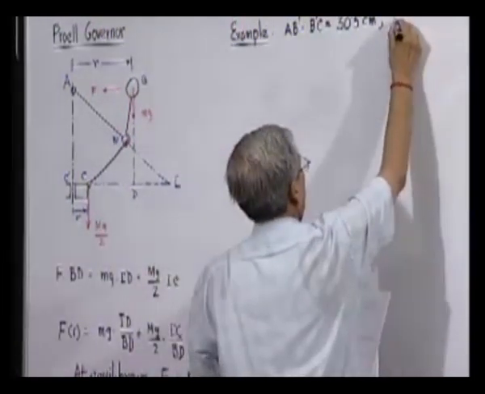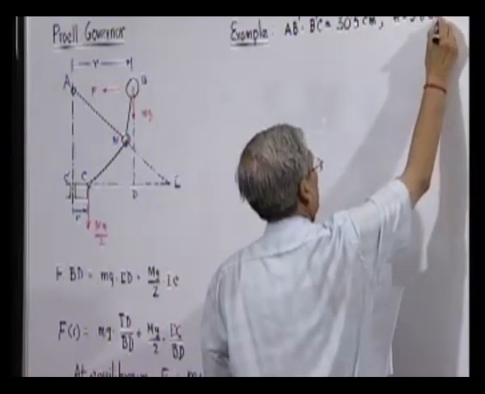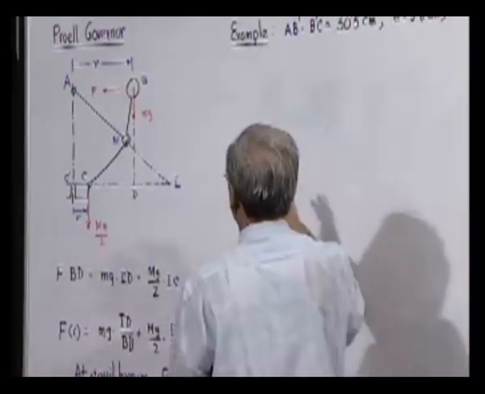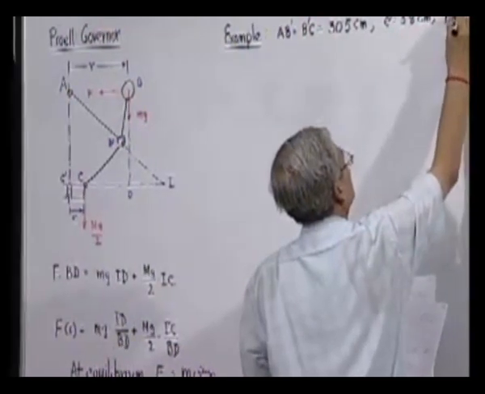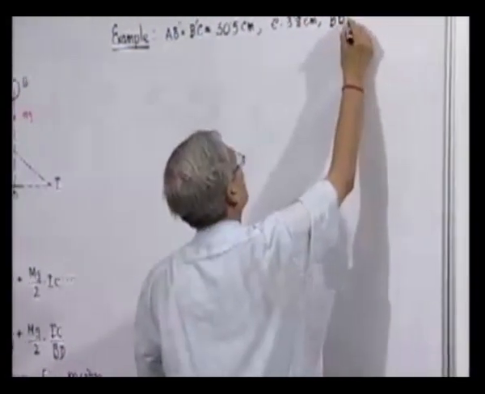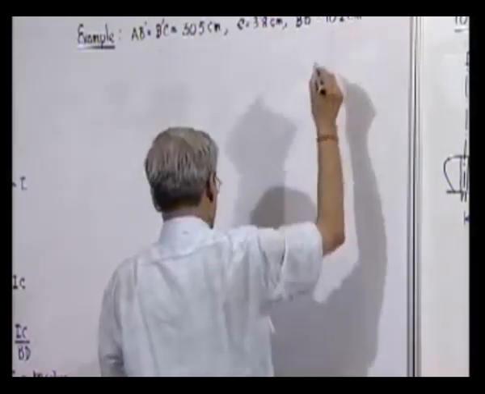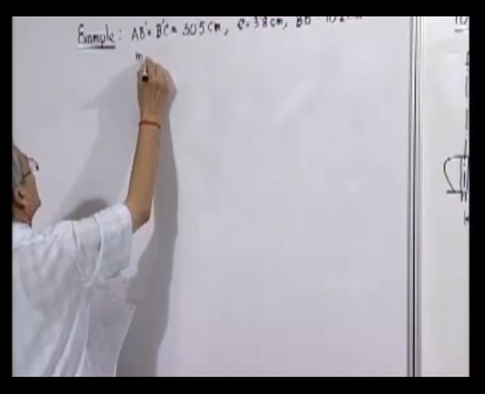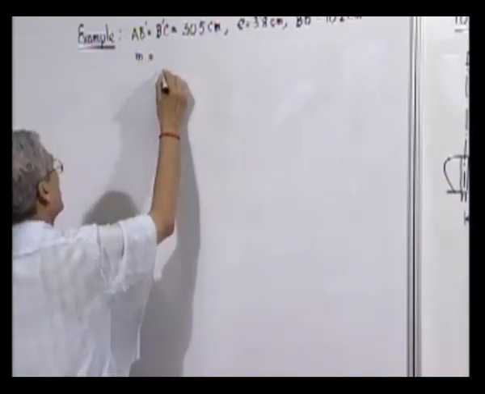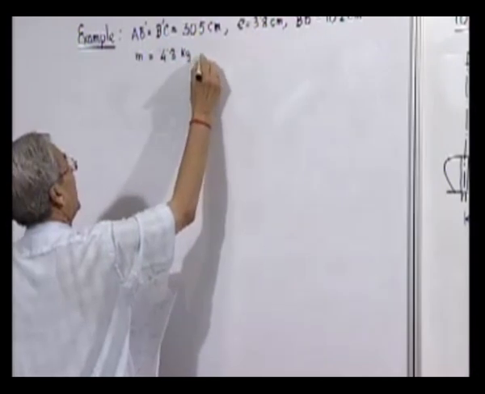The value of E is 3.8 centimeter. The extension B prime B on which the balls are attached is the, mass of the rotating balls is equal to 4.8 kg, and the sleeve weight